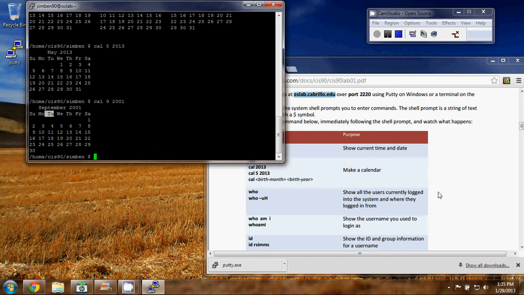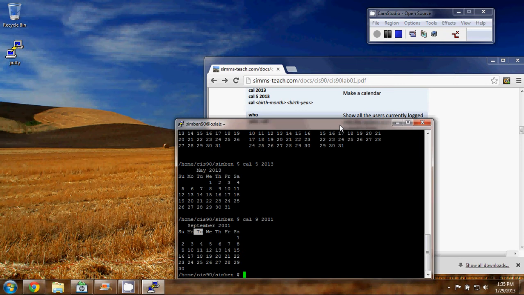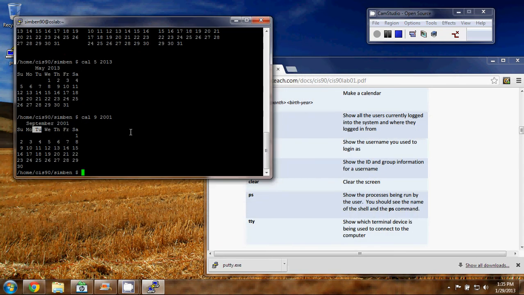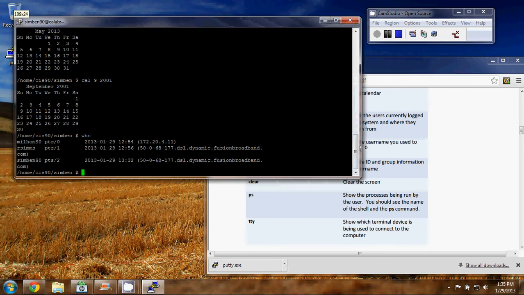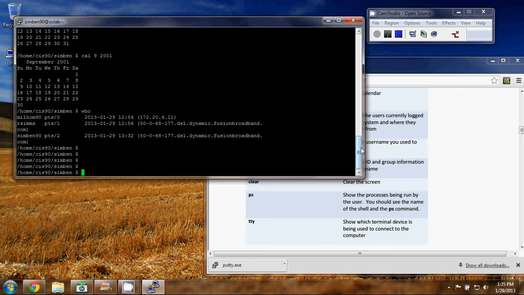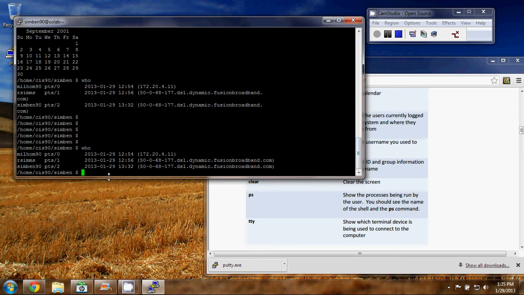Next command is the who command. All right, so the who command is used to show who else is on the computer, including ourselves. If we type who, let's stretch it out a little bit here so it's a little easier to read. Okay, there's the who command, and I see Homer's logged in. Milhome 90, that's Homer. He logged in. He's using